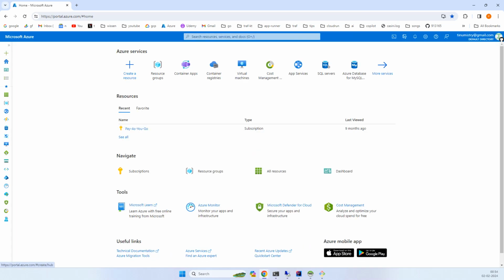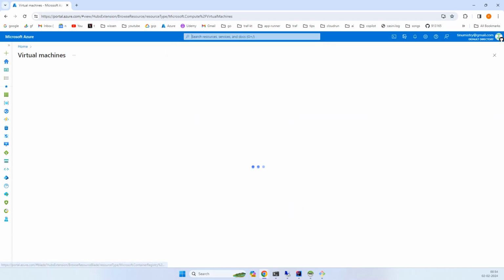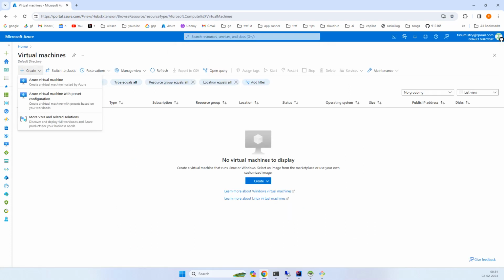So I'll just go to the Azure. You can use any Google Cloud, or maybe AWS or Azure, DigitalOcean or Linode, or you can have a local database as well. But I just want to make it look like a production server. So select the virtual machine, or you can search for virtual machine, and I just click on Azure virtual machine,